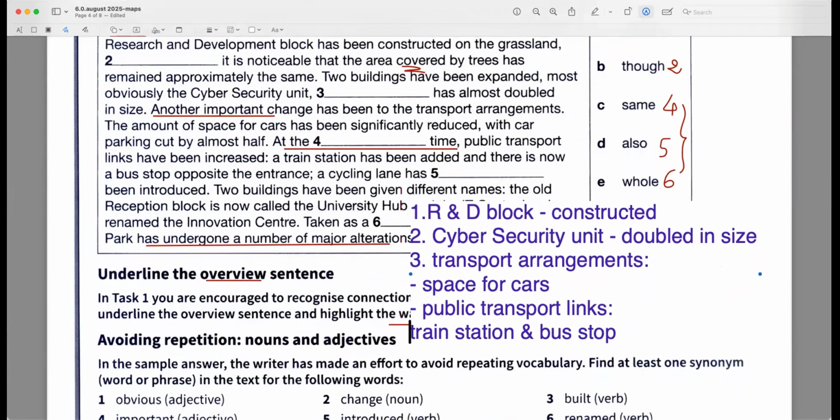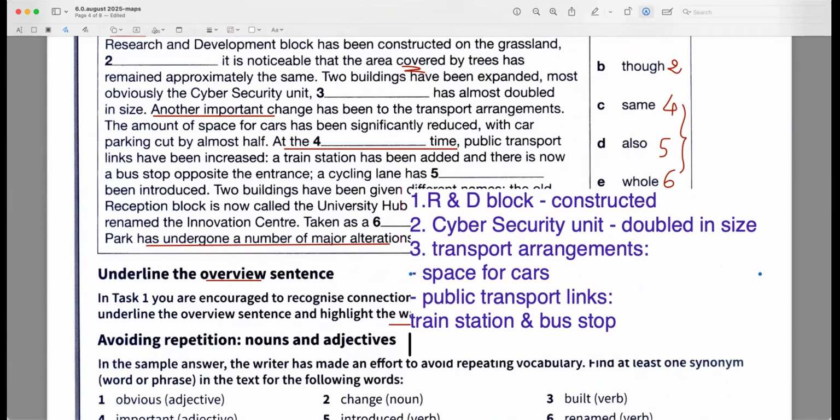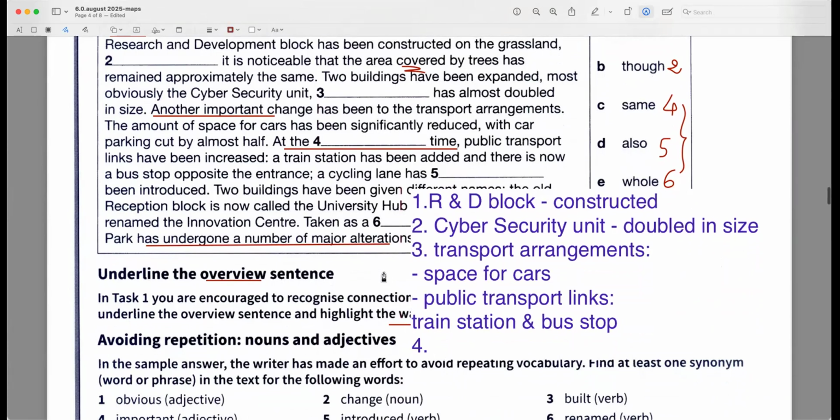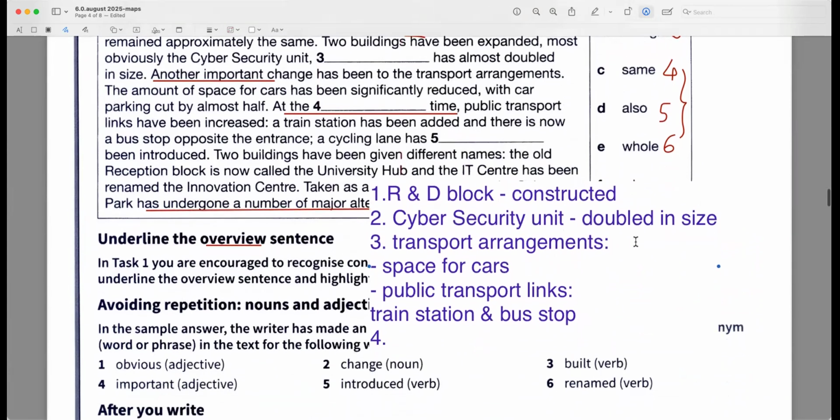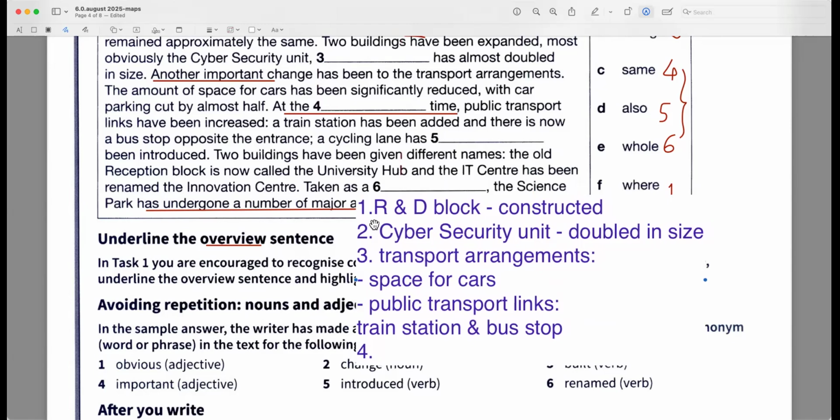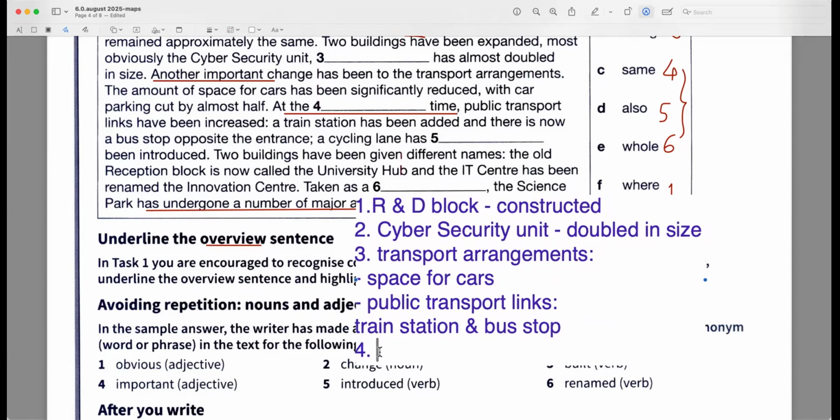Okay, how about the next one? Sorry, two buildings have been given different names. Is a reception is